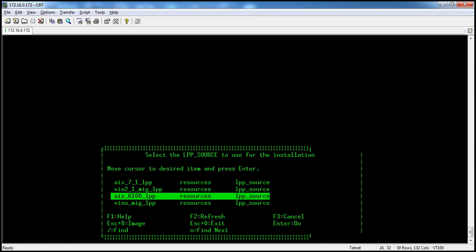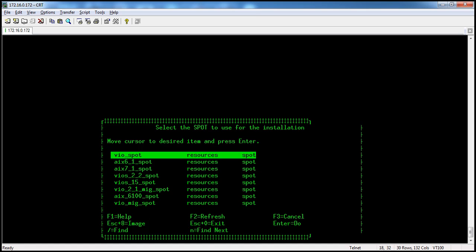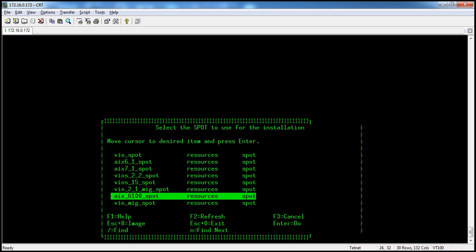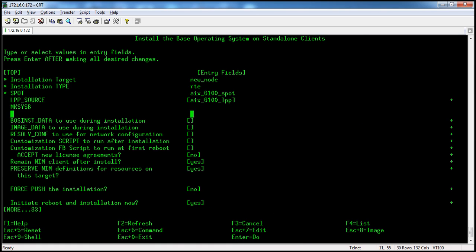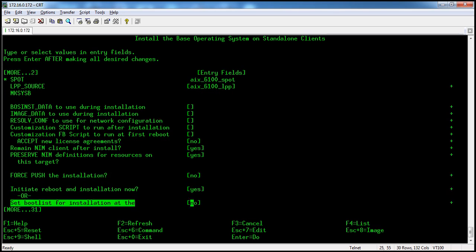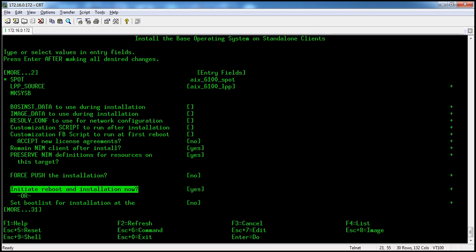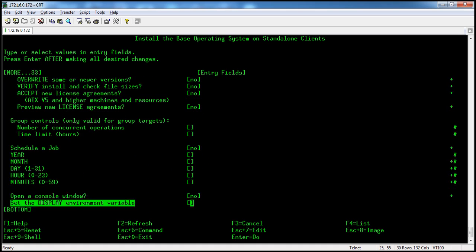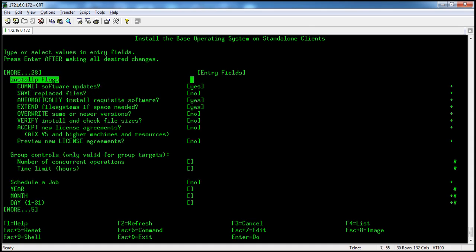Here the LPP source is AIX 6.1 version. Select it, and the SPOT also AIX 6.1. Leave all the options as default. Only set initiate reboot and installation to no, and press enter.